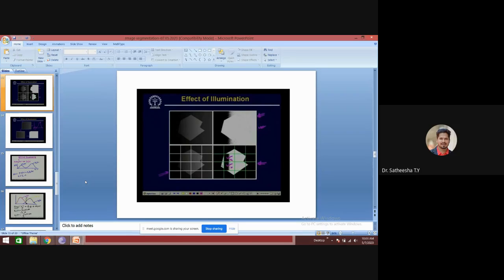Whereas if I subdivide this image into a number of sub images, as given on the left hand bottom, and then for each of these sub images I identify the threshold, and using that threshold you go for segmenting that particular sub image, the thresholded output that you get is given on the right hand side. Here you can find that except for these two, the rest of the sub images have been segmented properly, so at least your result is better than what you get with a global threshold operation.